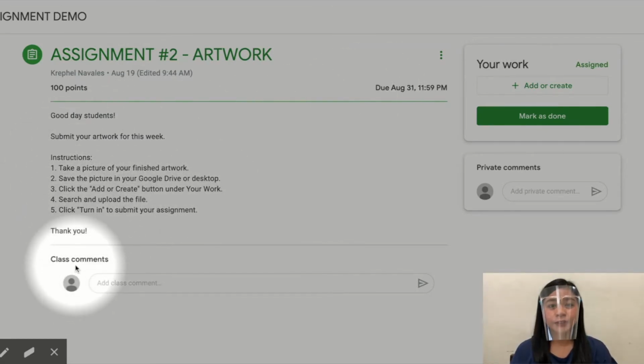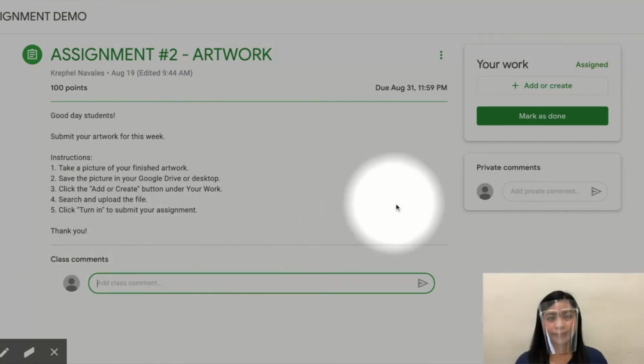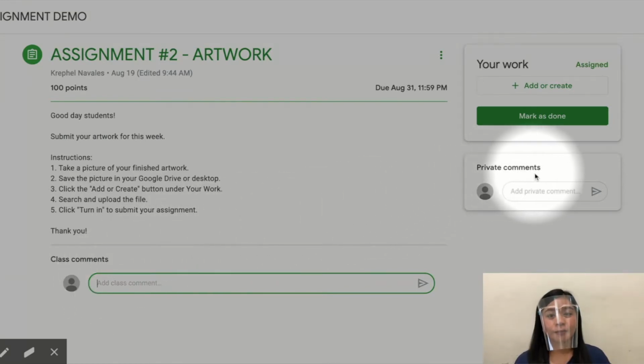At the bottom of the instructions, you can leave a class comment or question. Remember that what you post here is public, so all students are able to see it. If you want to send a private comment or question to your teacher, you may type it on the Private